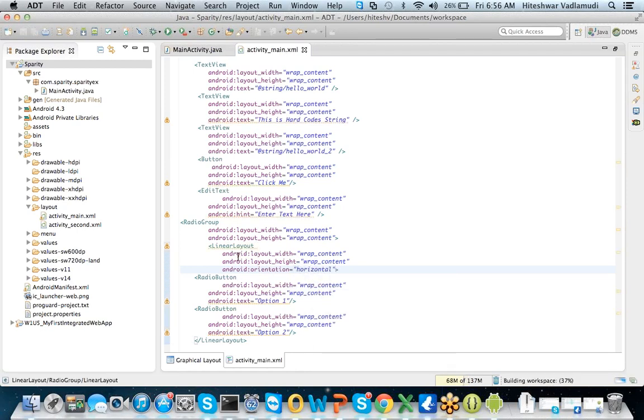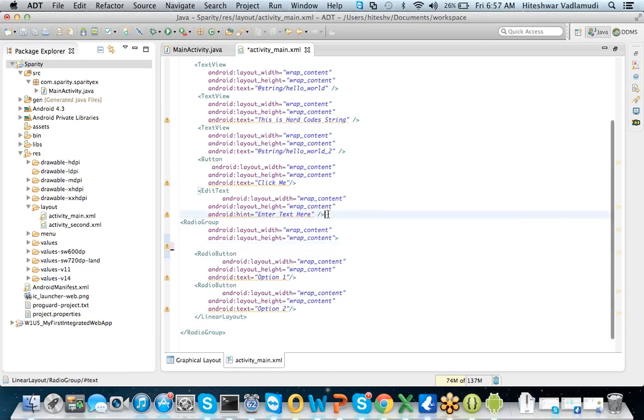Okay, so what I'm trying to do is put the radio buttons inside. Okay, I think what we can do is we can put this outside,